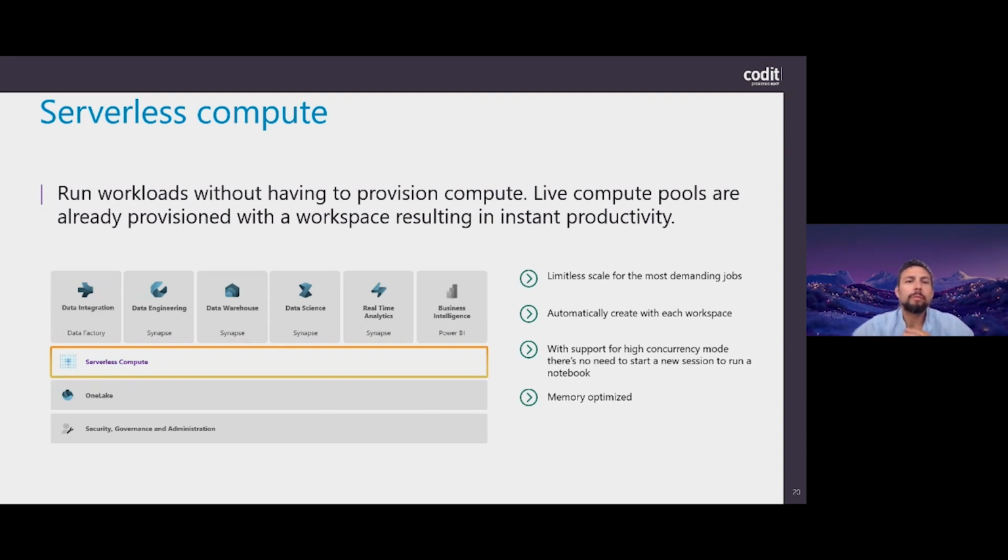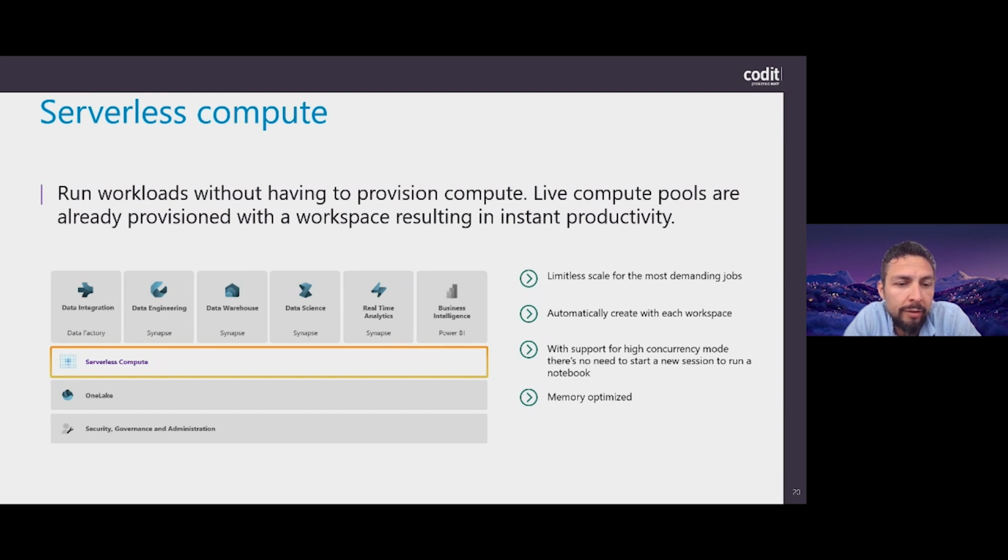So again, these experiences are all running on serverless compute, meaning that all of the experiences can very quickly request new compute to be able to scale in every direction depending on your needs, and depending on which experience you are in, a different serverless compute will be used.